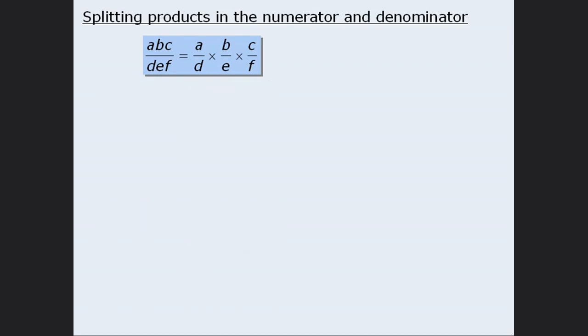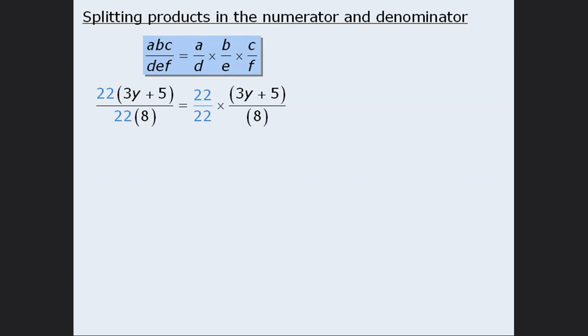Now we can also apply the same property to simplify algebraic expressions. Now in the past, you may have heard people say that we can take a fraction like this one and simply cross out the 22's in the numerator and denominator to get a simplified fraction, 3y plus 5 over 8. What's really happening here is that we are applying the above rule to rewrite the fraction as the product of two fractions,